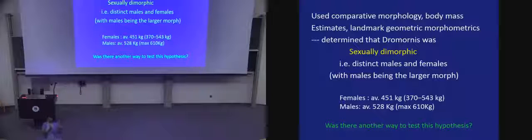And of course, in modern day, if you're looking at modern birds, it's very easy to identify males and females because the males tend to be more brightly colored and they tend to have a lot more differences in terms of plumage. They're vocal, they sing, you can see them. In the fossil record, it's so much more difficult to understand whether you're dealing with males or females. But according to the study that